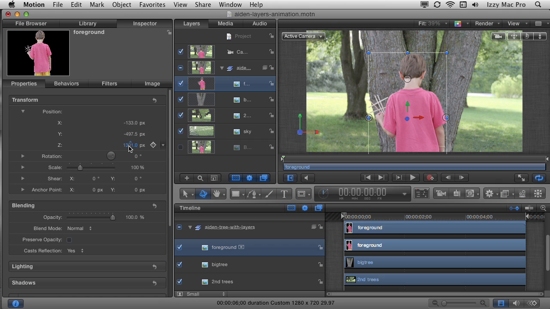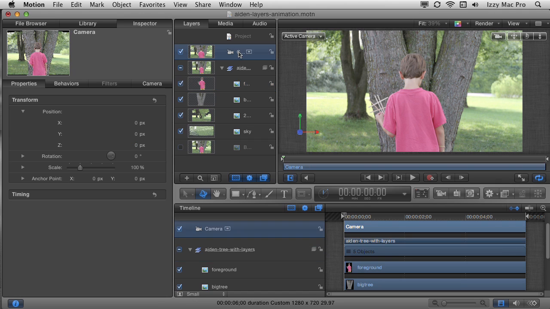The next thing I want to do is animate the camera. Now you can move the camera using behaviors. I'm going to use keyframes for this video so that I can really make everything very precise. So I'll select my camera here in the layers list. I'm going to set a keyframe with the playhead on the very first frame. I'm going to set a keyframe here on the Z space,